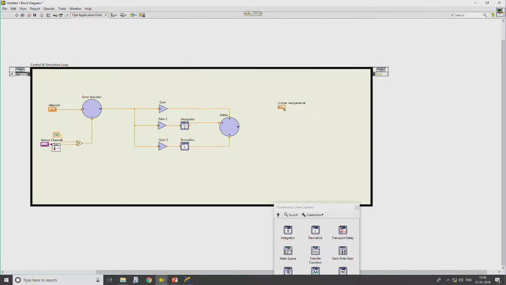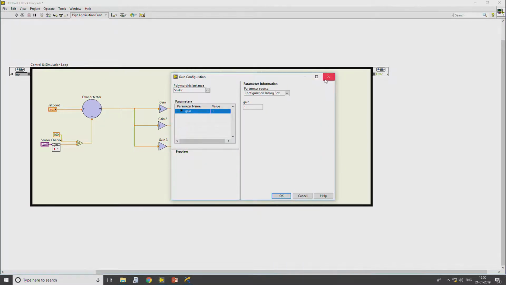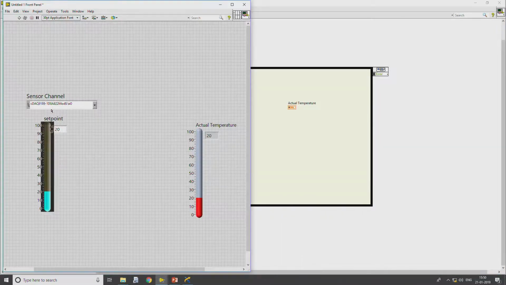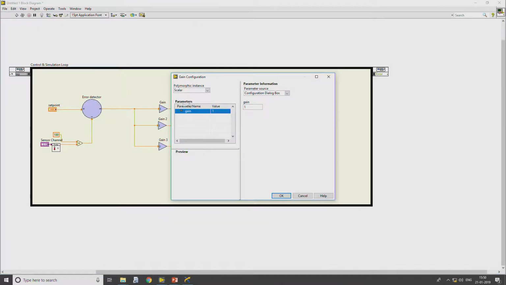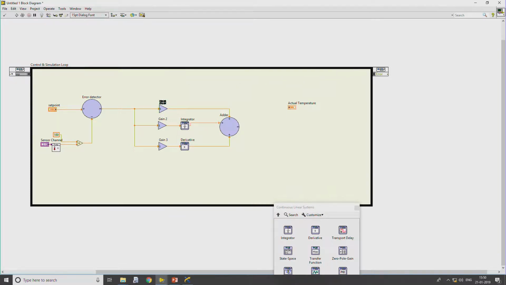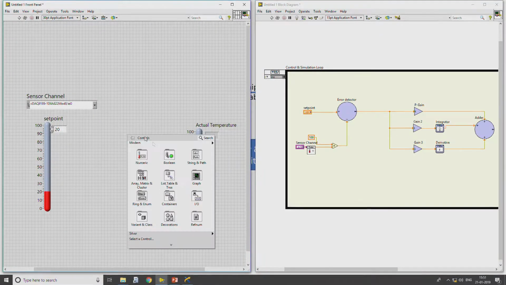But the problem that comes here is how do we manipulate the gain from the front panel. For that, we can double click on the gain. Instead of taking the parameter source from dialog blocks, we can make it a terminal, so that we see P underscore gain, and we can create a control at this point.